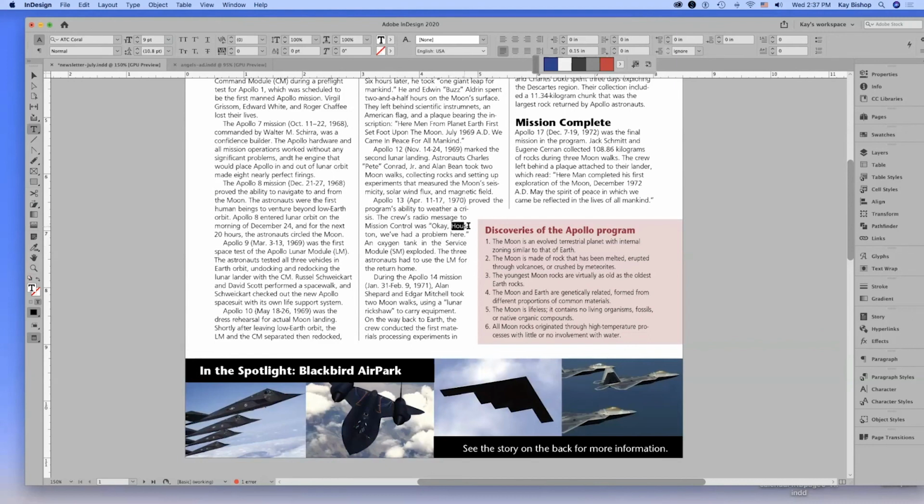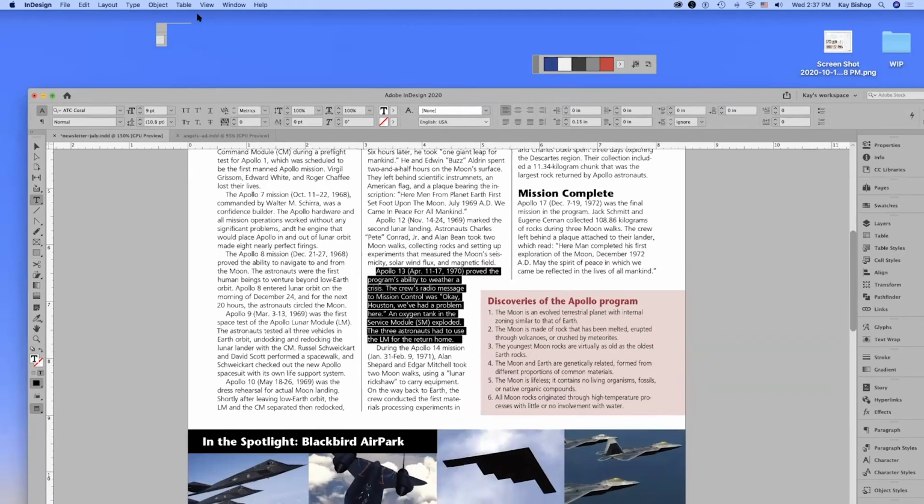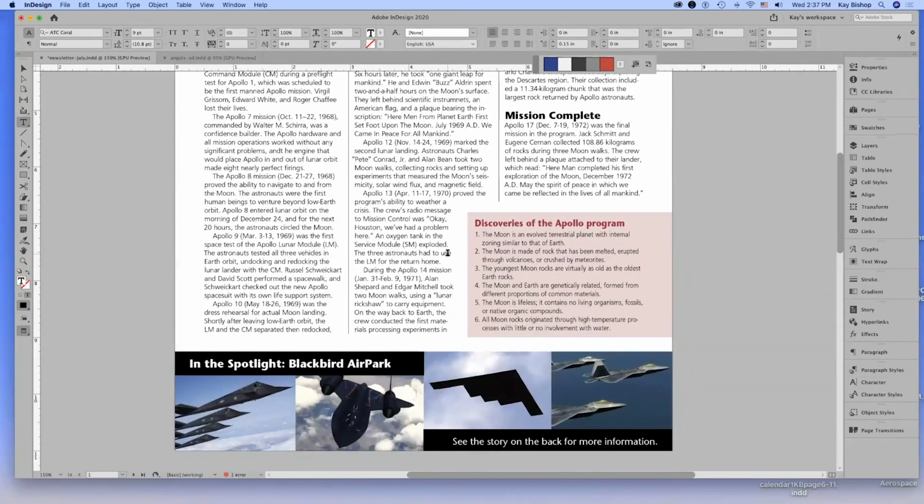For example, we don't want to break up the proper noun, the word Houston here. So in this case, I'm going to use align to the left instead of justified, to avoid those kind of problems. But you can also fix things like that by adjusting the tracking, tightening or loosening it if needed,